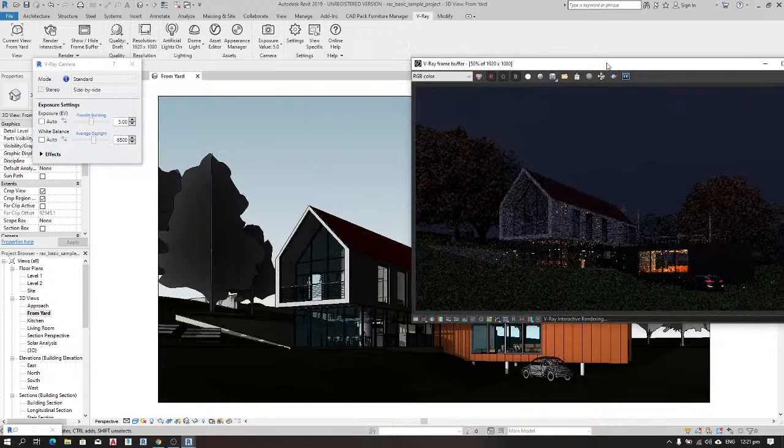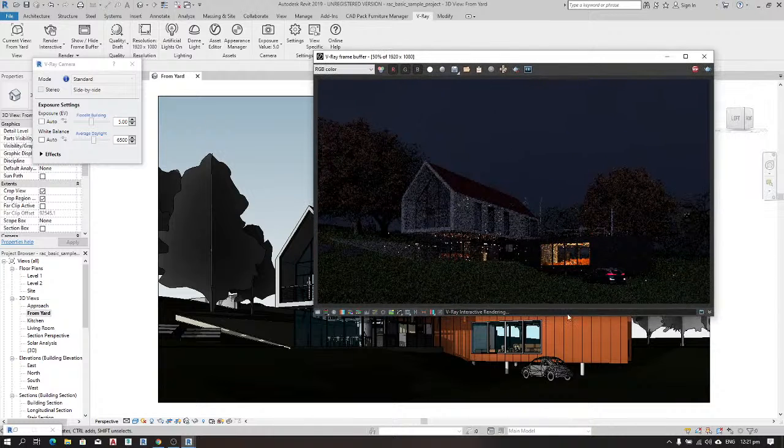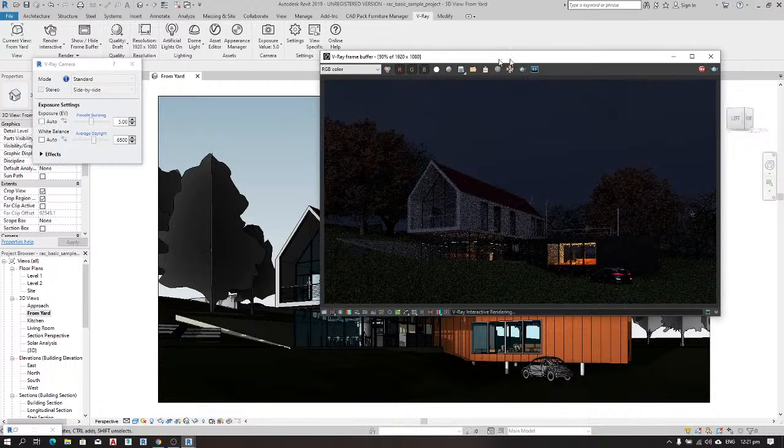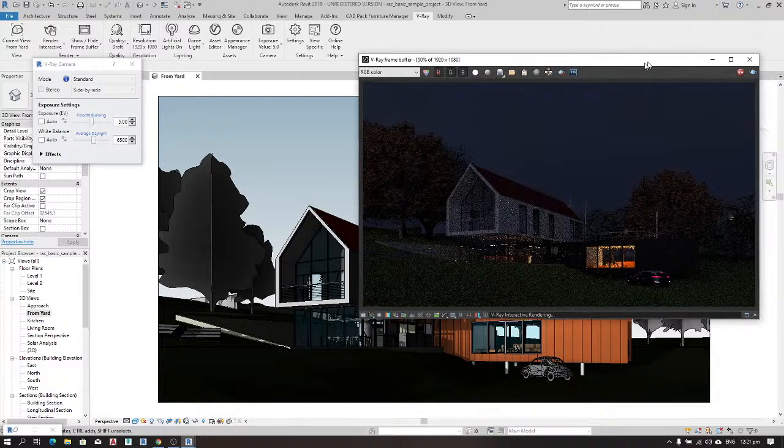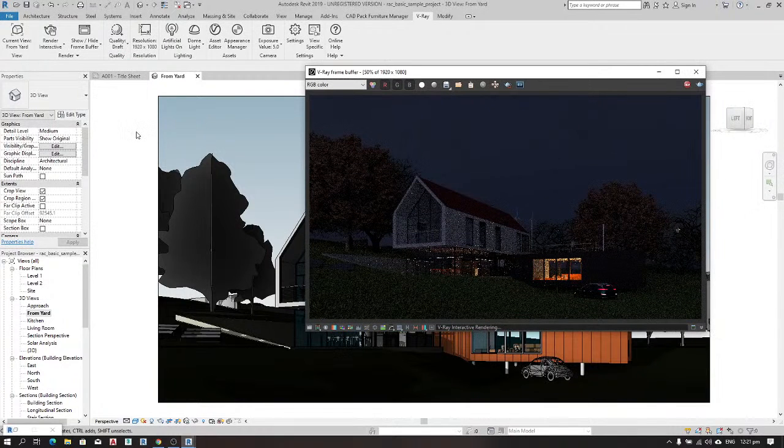What if you want to create your own light? You want to actually have some illuminations. As you can see, it is what is there that we have, and we don't have any light at the upper floor. So what can we do? How to create light is quite simple. The normal way you create artificial light in Revit is what we are going to do. So if I go to level 2,